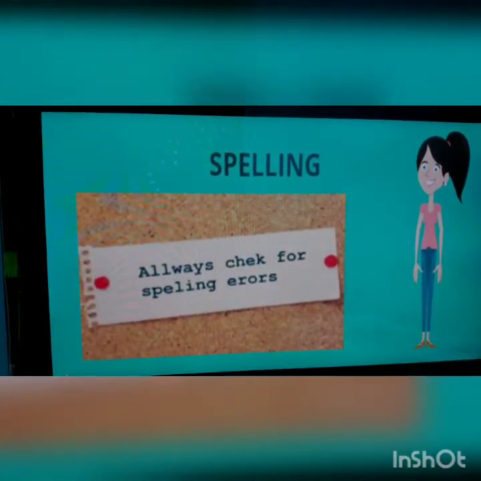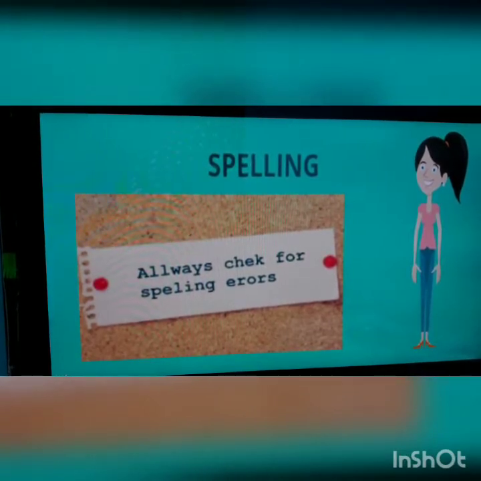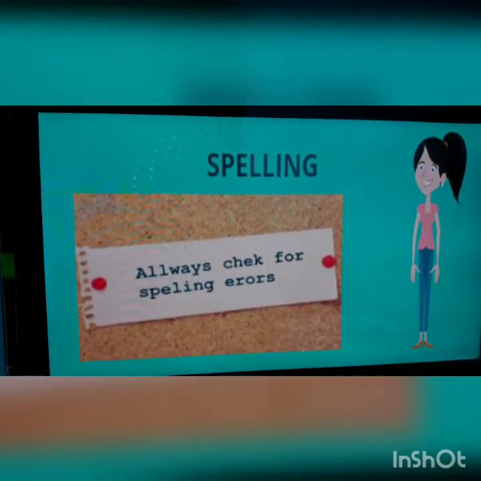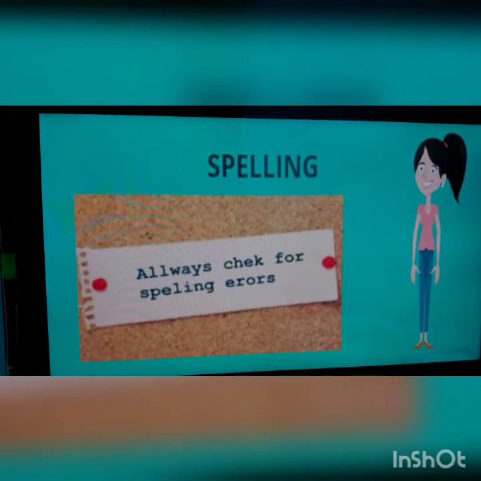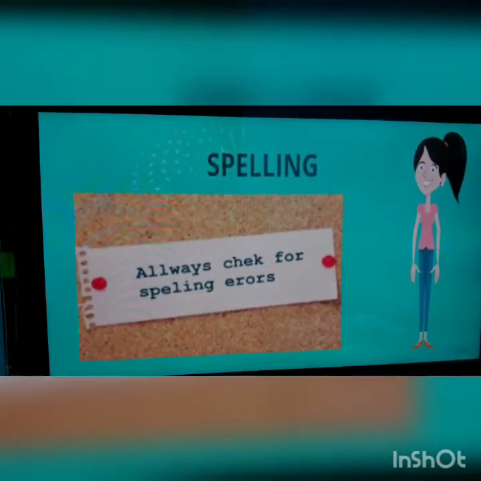Spelling is important too, because you need to know how to spell words in English. If you know the spelling of a word, you know what it looks like. Then you see and understand it quickly when you are reading. When you learn new words, you should also learn the spelling.